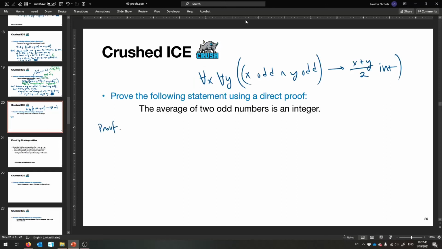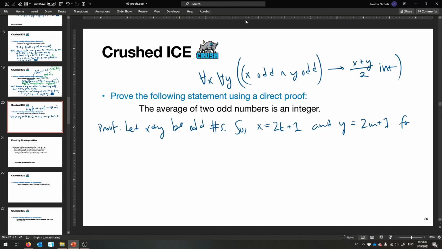Proof. So let x and y be odd numbers. Okay. By the definition of odd, we usually need to use that, so let's just use it now. So x equals 2k plus 1, and y equals 2m plus 1 for integers